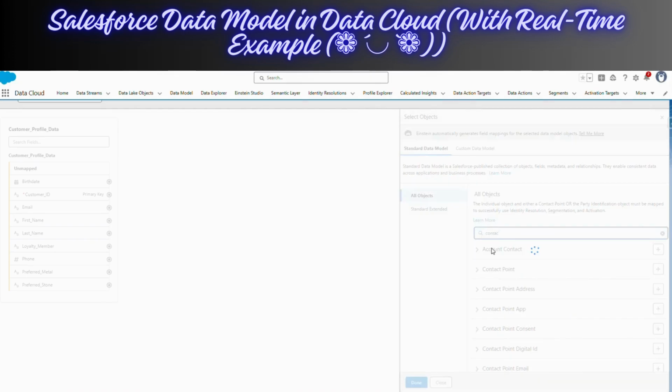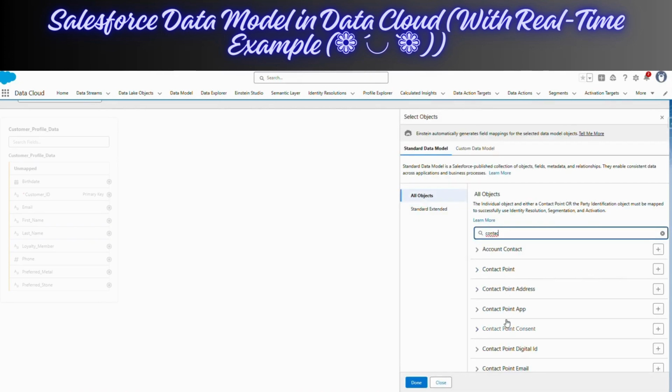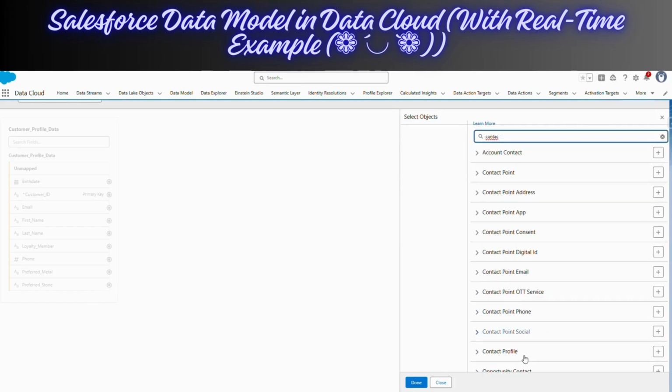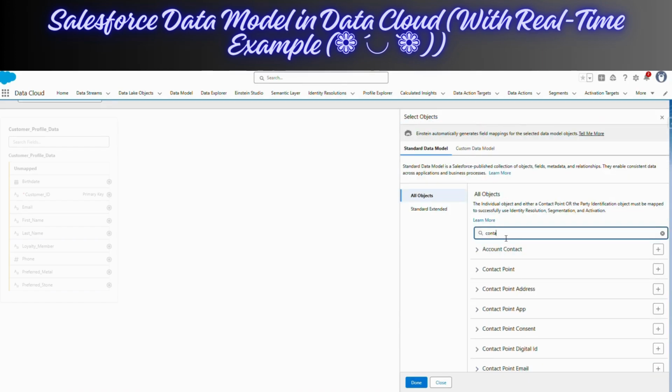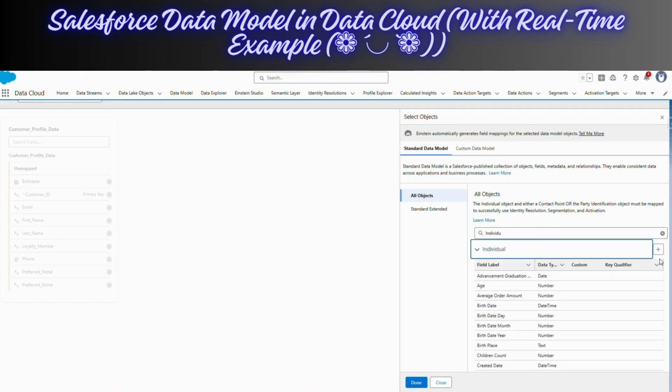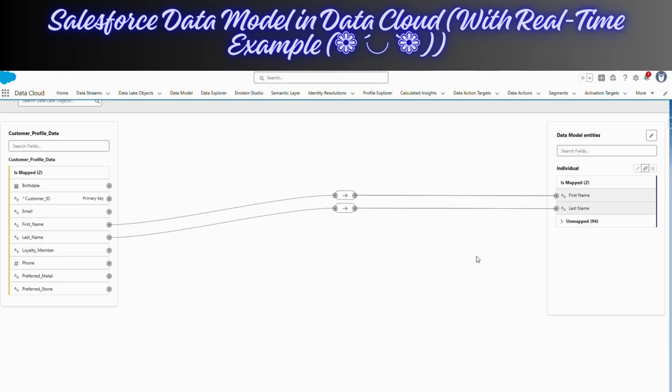To summarize, a data model is the grouping or structured organization of data created from data streams, insights or external sources. It provides a clear framework for defining how data is stored and how different entities relate to each other, right? So now let's